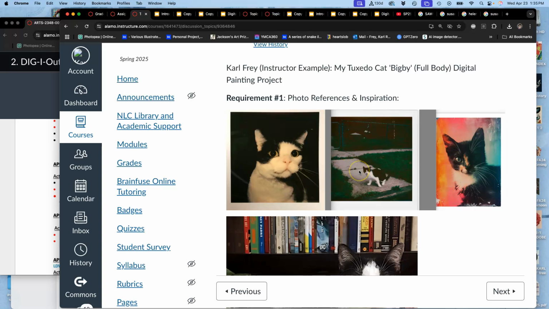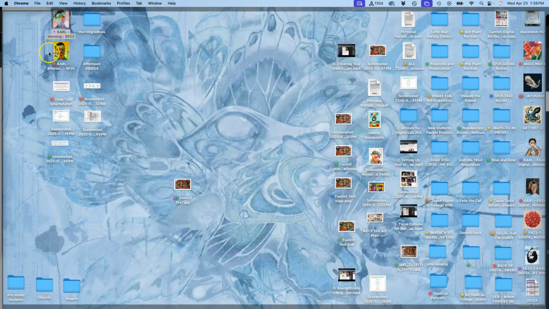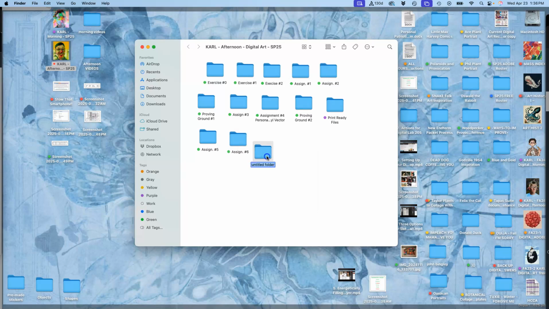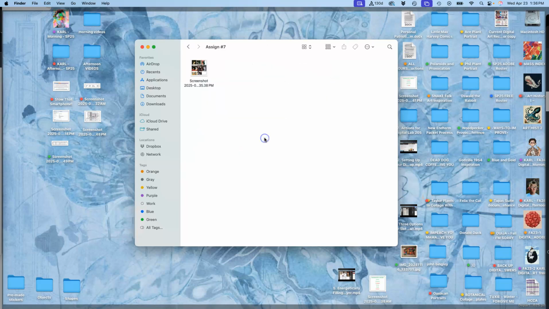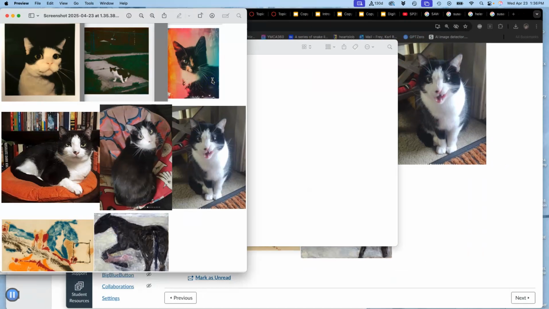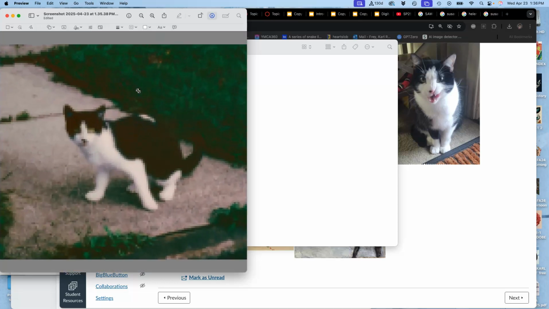I'm going to zoom in on my reference. It'll probably be easier not to do it in Canvas here. I'm going to do it from my folder. And I'm going to start a folder for assignment 7, since I finished assignment 6, the poster. Okay, I'm going to mark it yellow because I'm working on it. And now I'm going to add that screenshot into it. Then I'm going to make a duplicate of it, just so I can zoom in on this one. Crop it down, make it bigger,